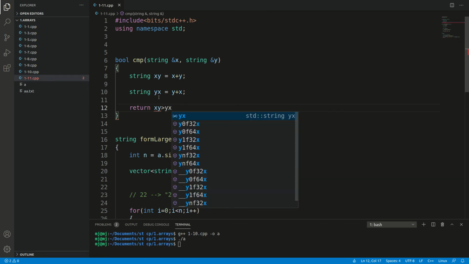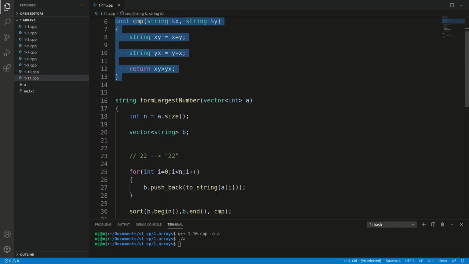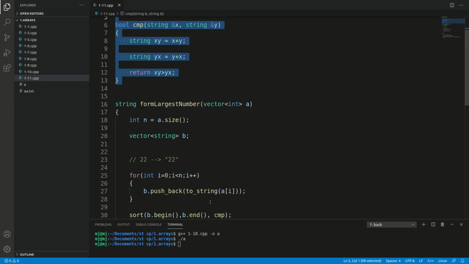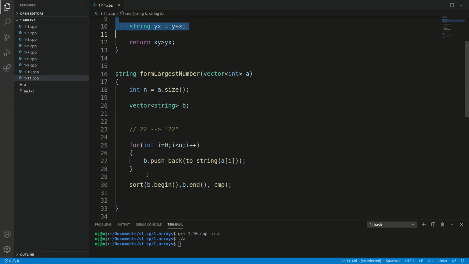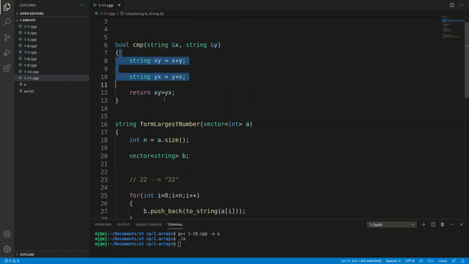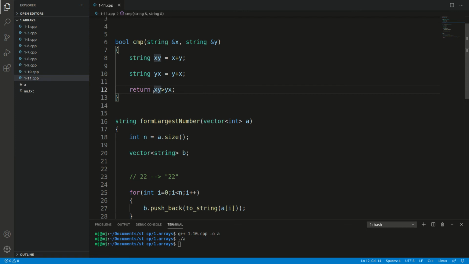Let me explain what I have written here. I have written a custom comparator method, which is the logic defined for sorting these vector elements. How are we sorting? We take two elements at a time and compare which of the values should occur first in the sorted array. When xy is greater than yx, it returns true.